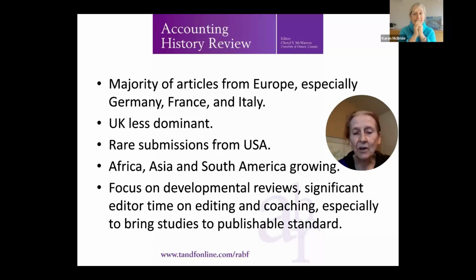In that vein, regardless of where your paper is from, the focus of the journal has always been on developmental reviews, trying to provide good feedback to authors regardless of their outcome on their paper. And if a paper does make it through the pipeline, that developmental review continues in terms of my own personal editor time, in terms of editing and coaching authors to try to make their paper the very best that it can be in terms of writing quality,